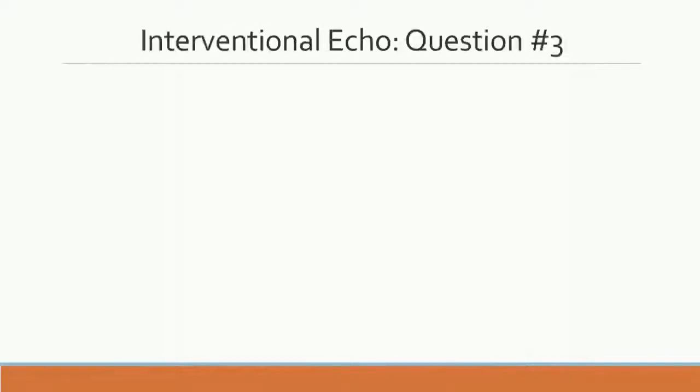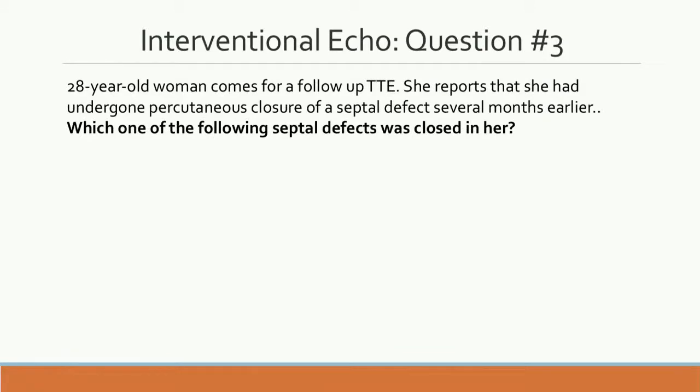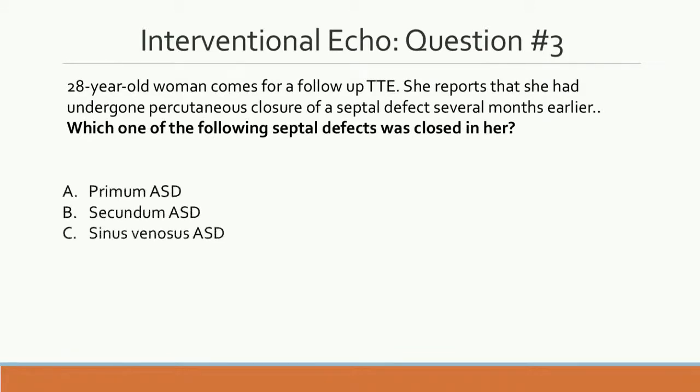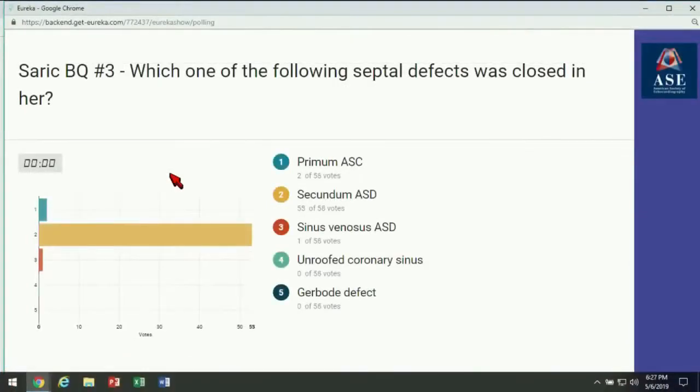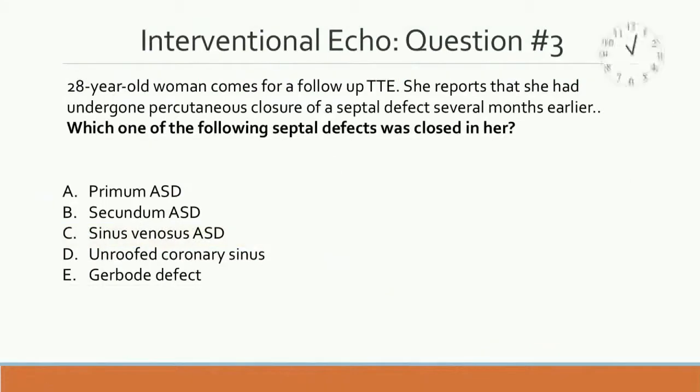Okay. So now this is just repeat the question. Which one of the following septal defects was closed? Primum ASD, secundum ASD, sinus venosus ASD, unroofed coronary sinus, or Gerbode defect? 20% chance to be right just by randomly, huh? It's okay. You always do eliminate, and then the increase is from 20 to 25 to 33%, 50, and then you're right. Okay? So, number 2, of course, that's secundum